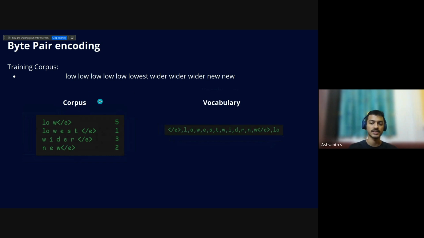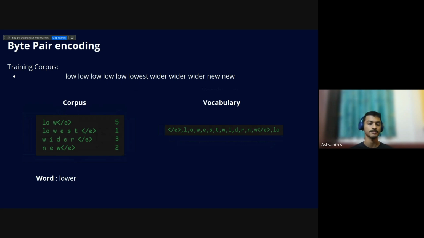And this is how byte pair encoding works. This is a fairly simple and straightforward example for you to understand. You can try it with your own training corpus, use a pen and paper, use a few words, see the occurrences of the common characters, merge them, add them to the vocabulary, replace them in your corpus, and then